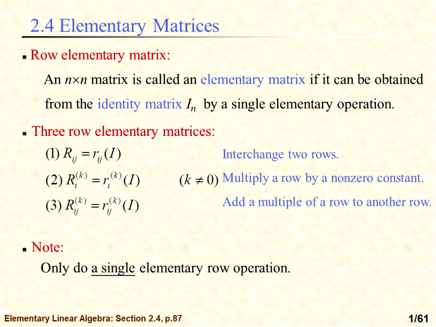Before I start with the main lecture, I will give you some preliminaries that we know from the previous weeks. We know how we can add matrices, how we can eliminate using the row echelon form, how we can convert a matrix into row echelon form, and what the elementary matrices are. After that we will come to the main topic, that is LU decomposition. So what is a row elementary matrix? This is the definition of a row elementary matrix. An n cross n matrix is called